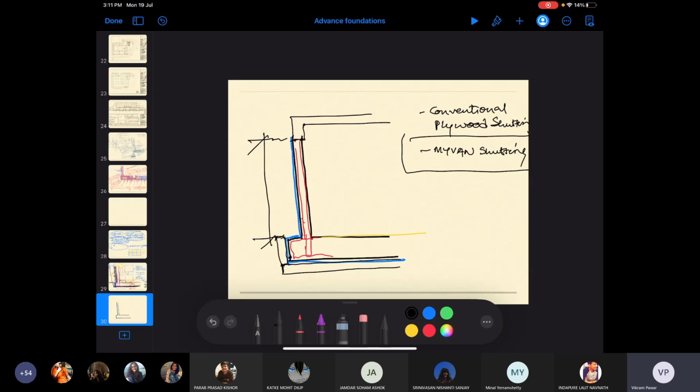You have got the right point, but let's think about that point in a different way. If you want to solve that, what is the problem in conventional shuttering? I have also given the clue. In conventional shuttering, what is the problem? Why do we need to have that bar?